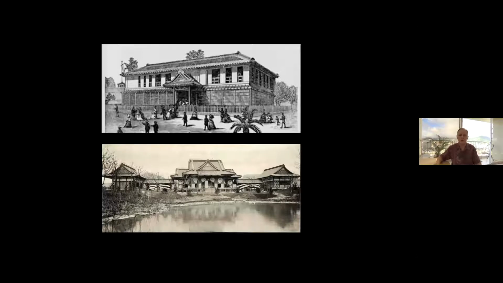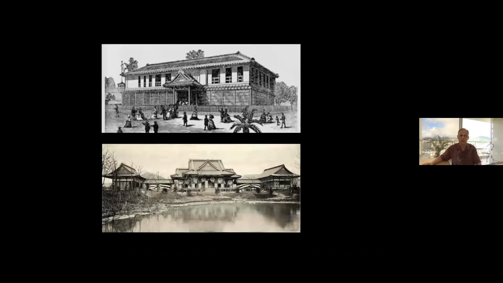So next we come to not just describing, but when the other, as I mentioned earlier, is perceived as having admirable characteristics that the self doesn't possess, then there's a move to attempt to acquire, as Morse described in that last slide. So I wanted to show you the range of ways in which Westerners have attempted to acquire the other in Japanese architecture. So first of all, the other was given to them in the form of these Japanese pavilions that were built by and funded by the Japanese government. The top one at the